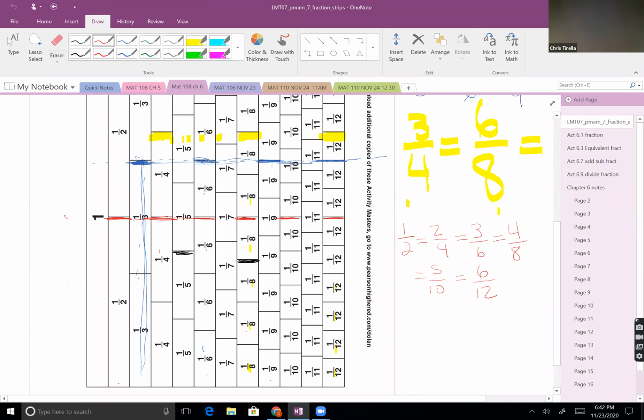Does everybody see, looking at this lineup, that 1/3 would be 4/12 and 1/4 would be 3/12, and the 12ths would be the first place where they would be in common? So far, so good. If so,